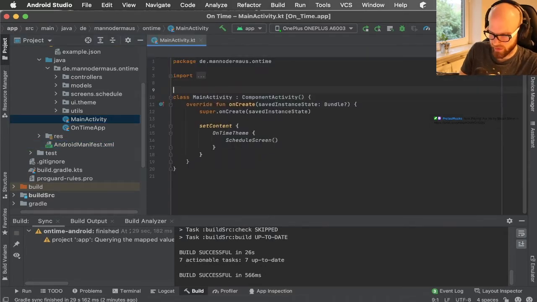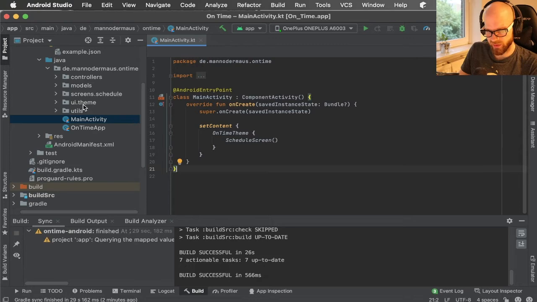Open activity, and then I put this on there. Hilt supports these classes. Oh, view model is also supported. And in that case,